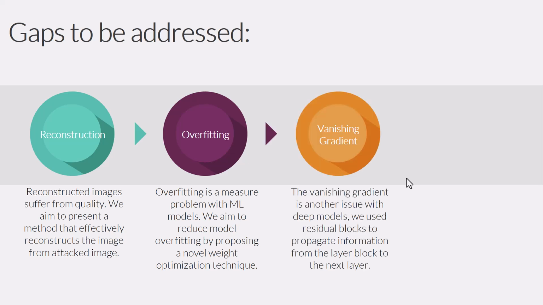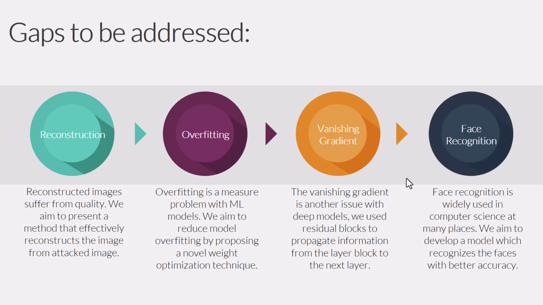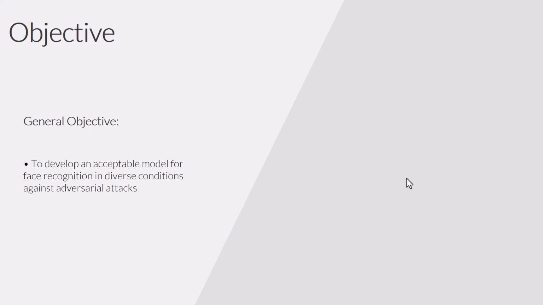Vanishing gradient is another issue in deep learning models. We have used skip connection and residual net to address this problem. And finally, for the face recognition, we have used the MobileNet V1 architecture, which is optimized by the enhanced Firehawk optimization algorithm. The objective of our work is to develop an acceptable model for face recognition in diverse conditions against adversarial